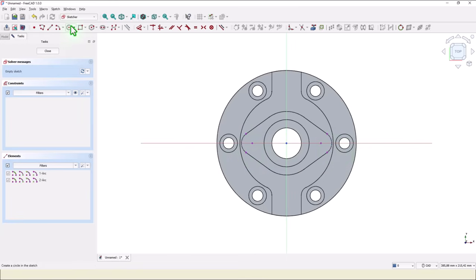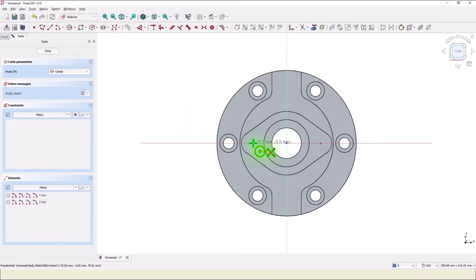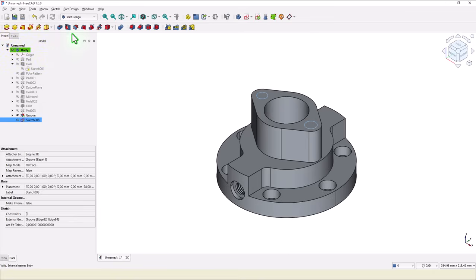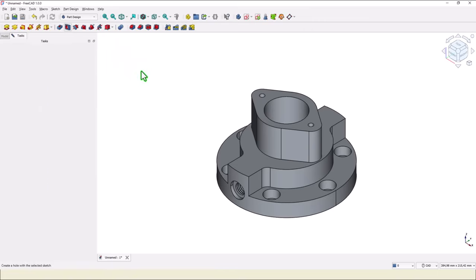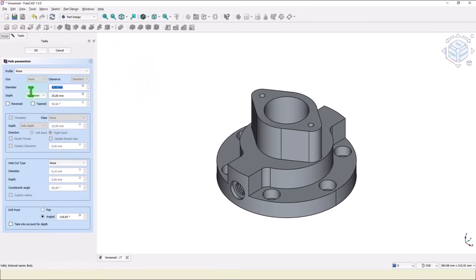Draw two circles with random diameter, and we apply hole tool. This is not important, this is important, metric 10. You see here the two holes. The depth is 20,